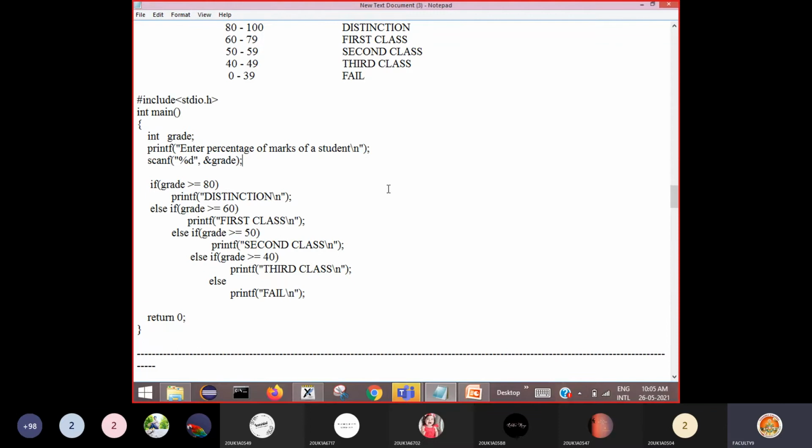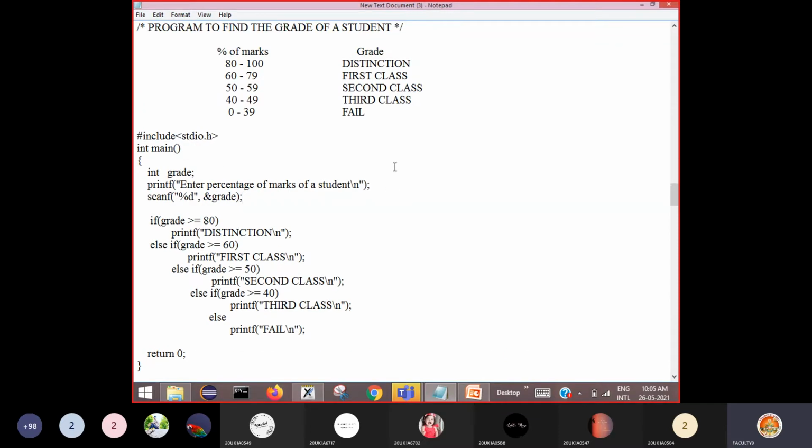Now I am testing the conditions. How can I test the condition? See here, his marks should be from 80 up to 100, and when his marks are between 80 and 100, he will be awarded a distinction grade.